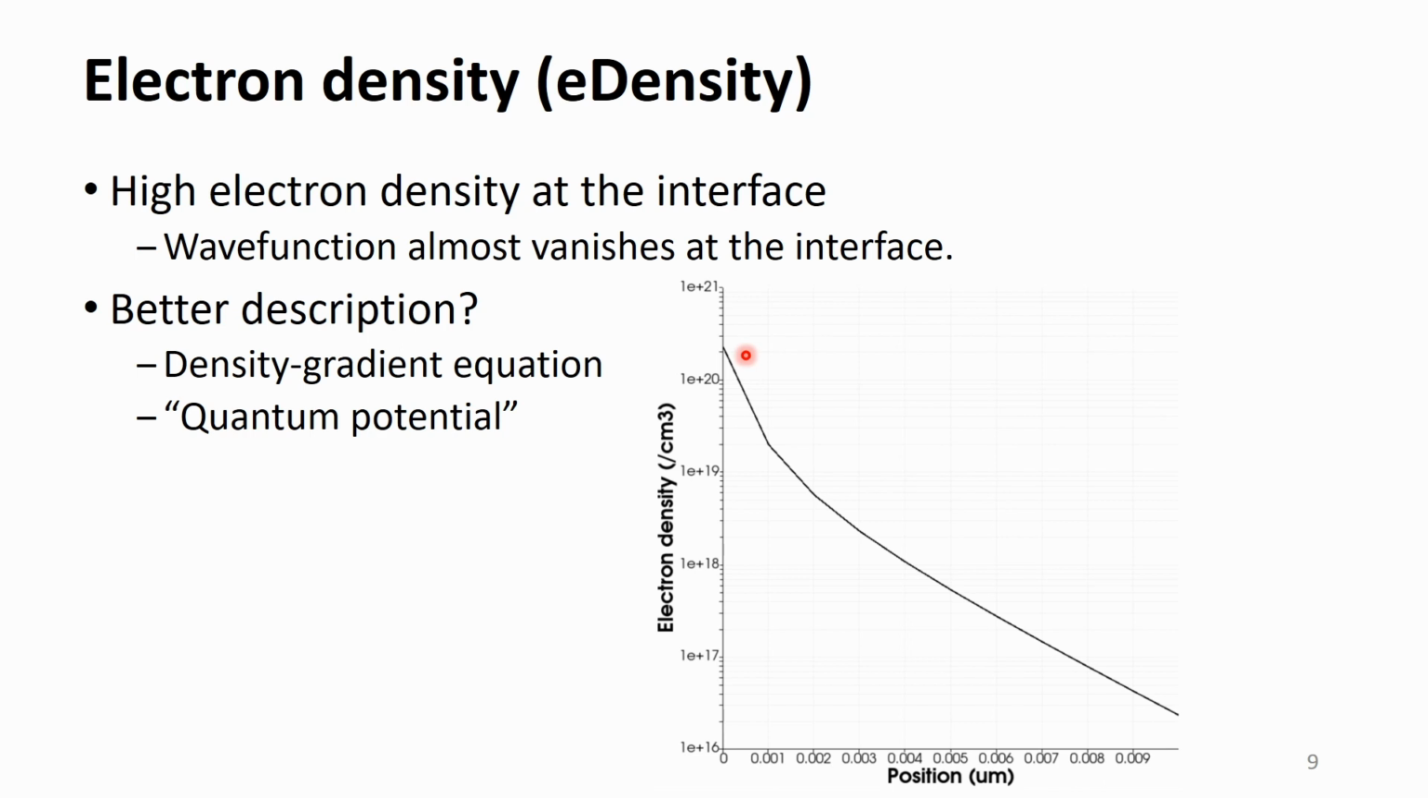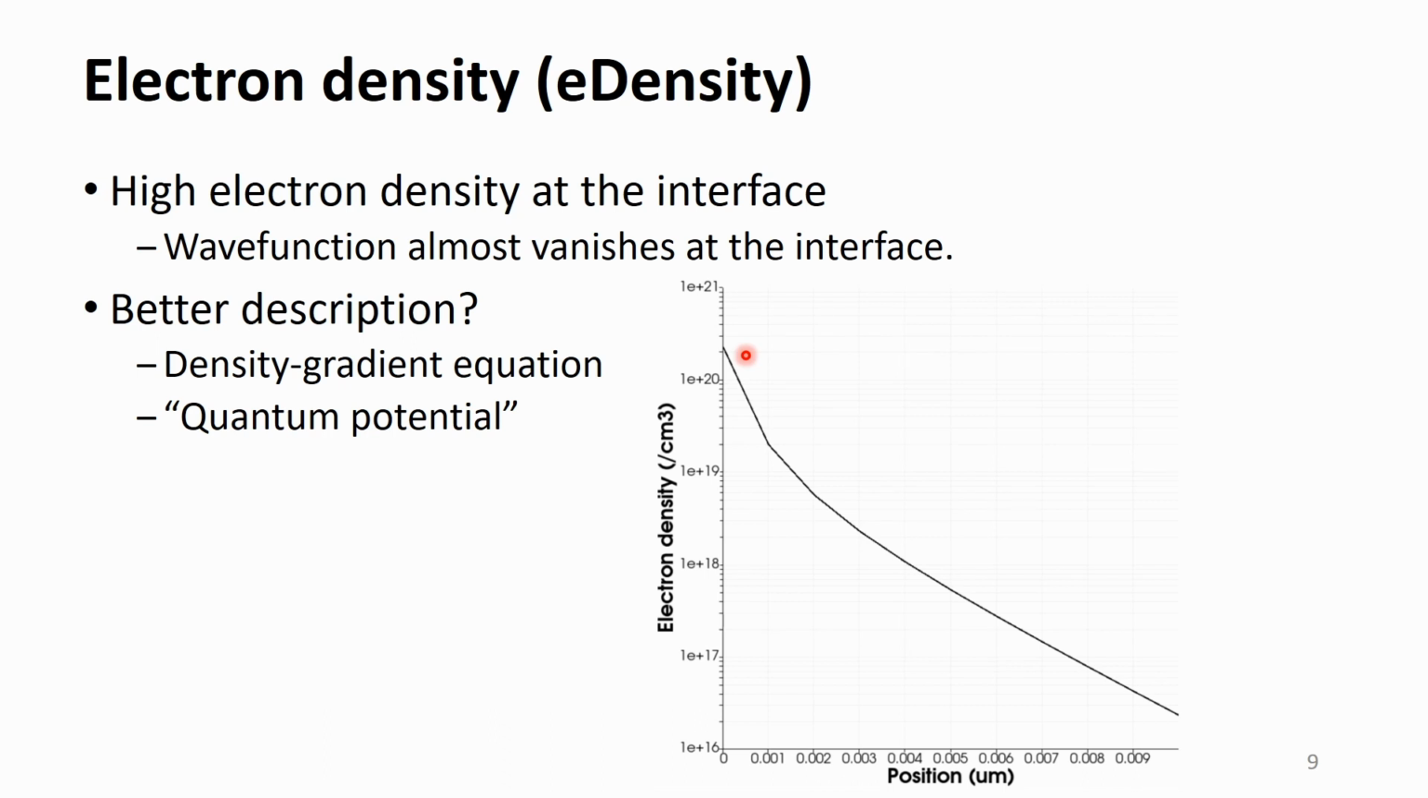The Poisson equation just calculates the electric field. The electron continuity equation just calculates the motion of electrons. There is no equation for the quantum confinement effect. Therefore, we must